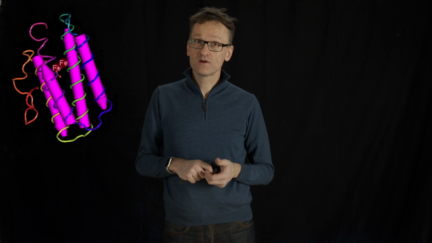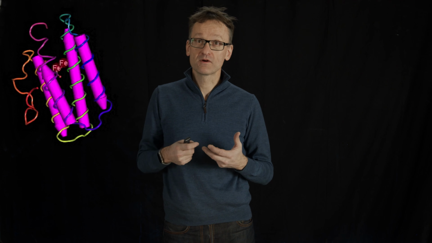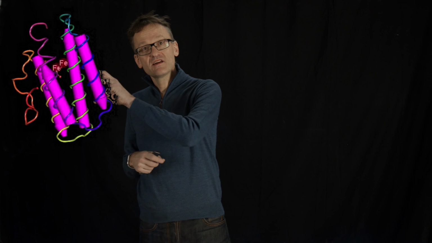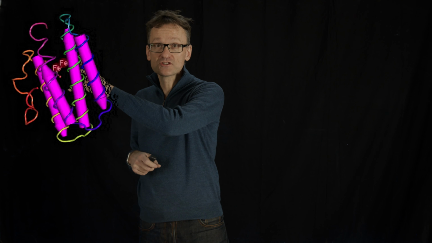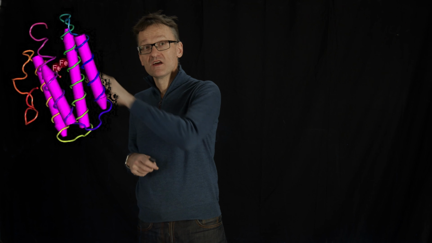The last of the three four helical bundled proteins we're going to be looking at was hemerythrin, looking like this. This is a small protein that has evolved to have functionality quite similar to hemo or myoglobin that we're going to be looking at later. So here we have evolved a binding site that can bind oxygen on the interior, not through a heme group